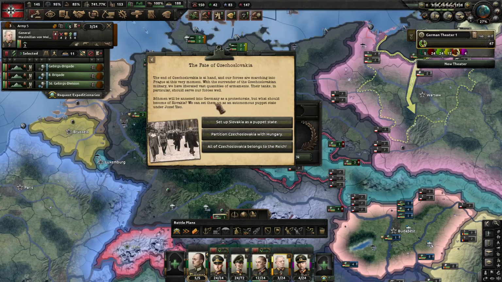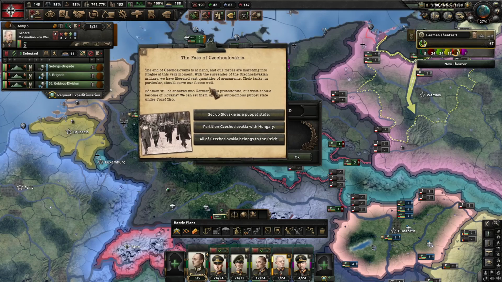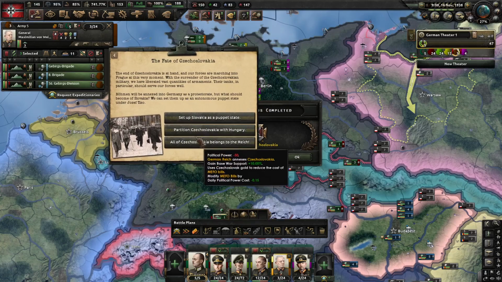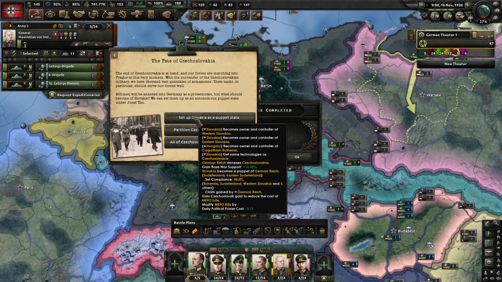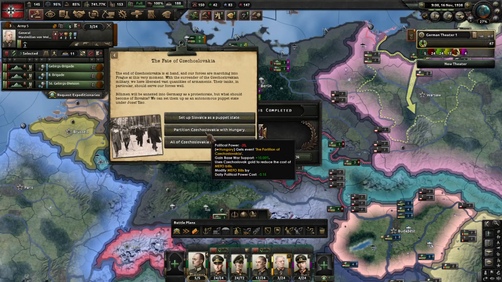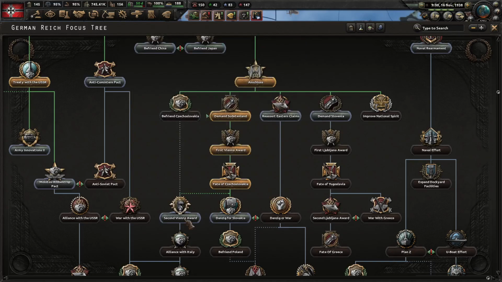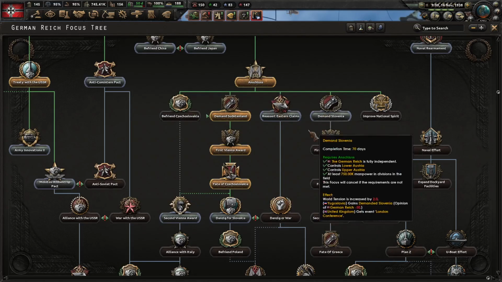We can set them up as an autonomous puppet state under Josef Tiso. Set up Slovakia as a puppet state, probably. That is the historically accurate choice. Sure. We'll have a little puppet Slovak right there. And then we'll do...